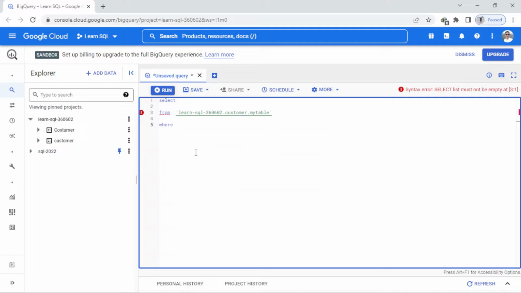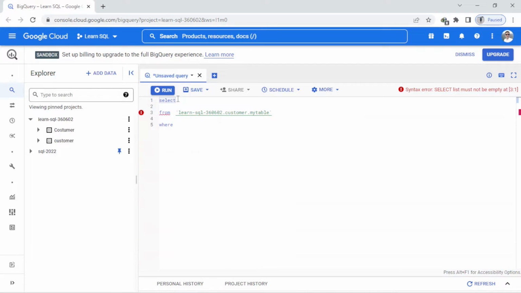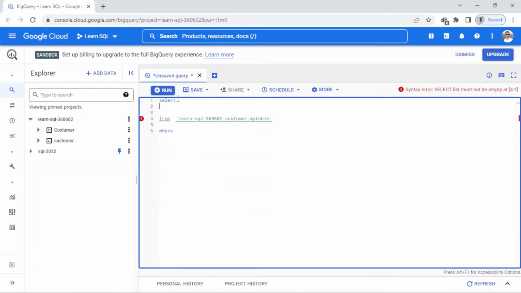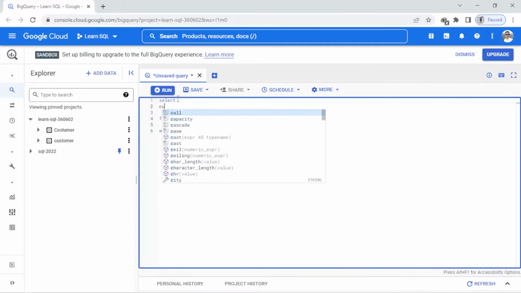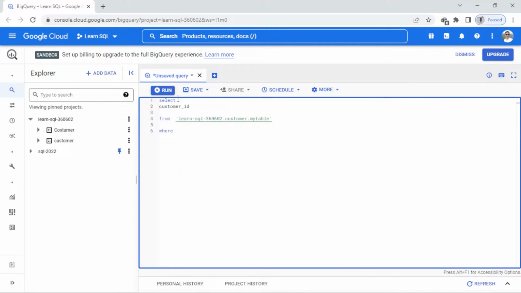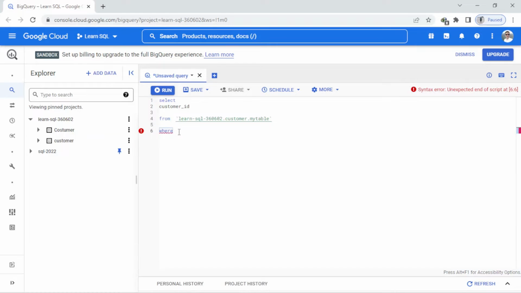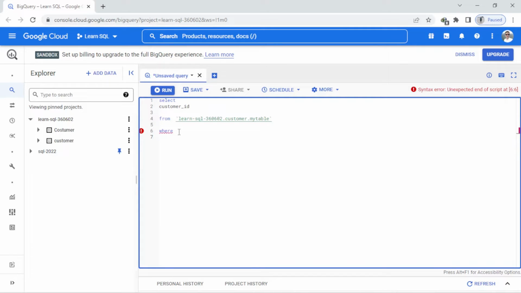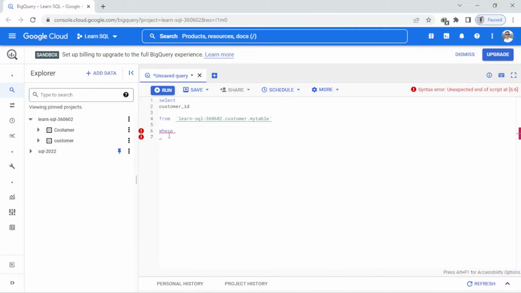And here I want to pull out the customer ID, so I just type here under the select customer ID, and under the where I use the substring function, so I just type here